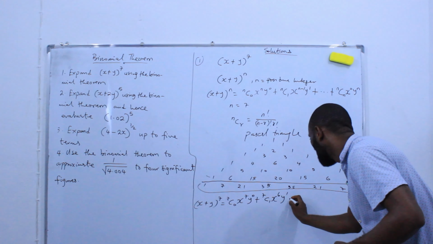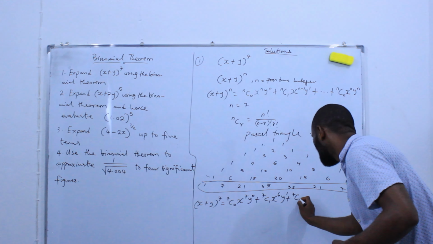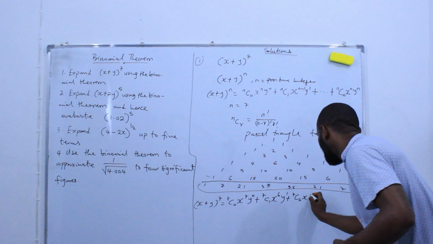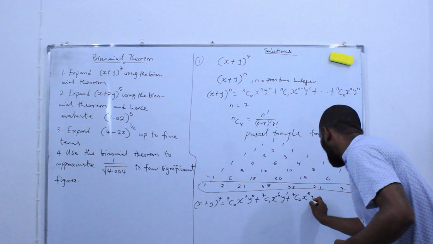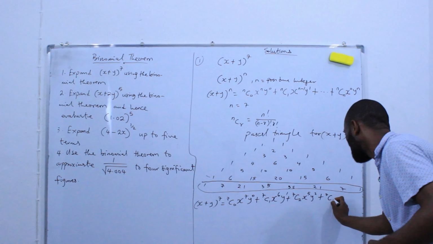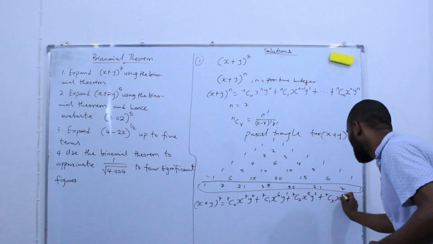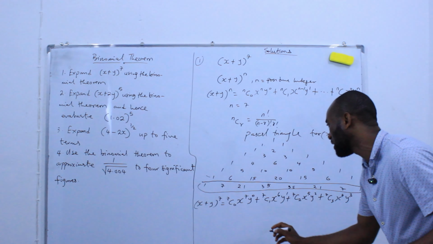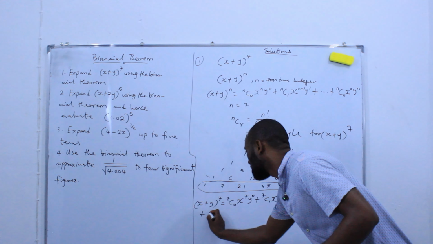We continue, plus 7C2 x raised to power 5 y raised to power 2 plus 7C3 x raised to power 4 y raised to power 3 plus